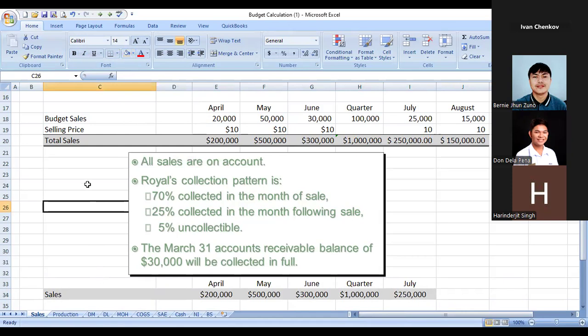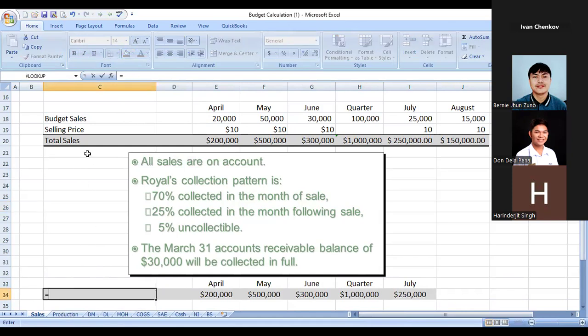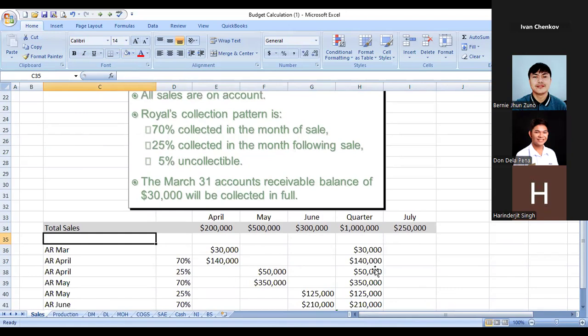Once I have my cells, let's make it exactly equal to the total cells. Once I have my total cells, now I can start preparing the budget. Knowing that for March, I have accounts receivables